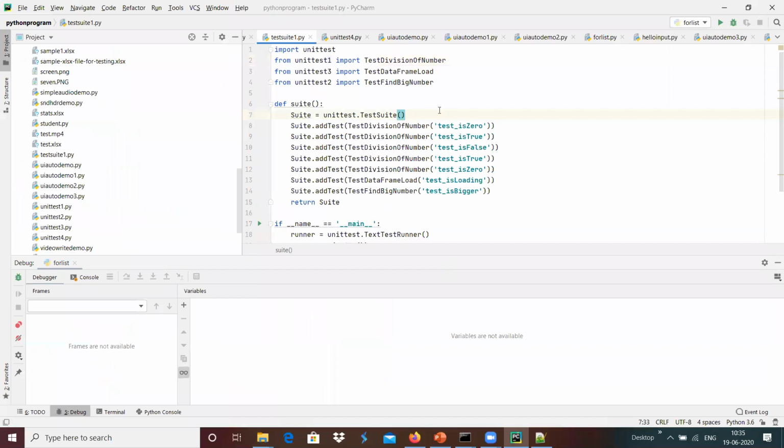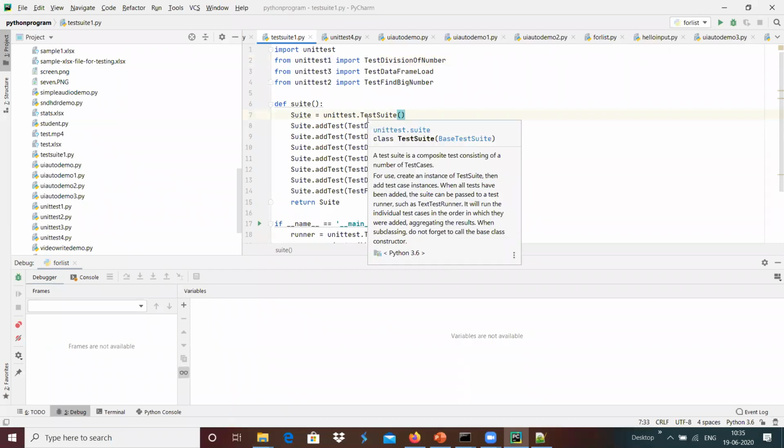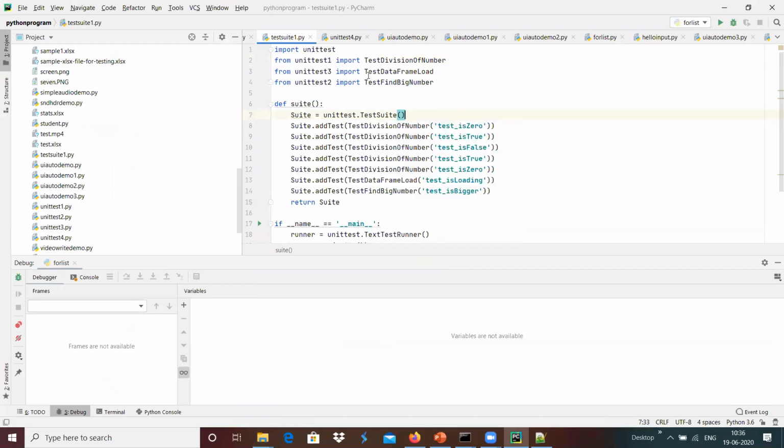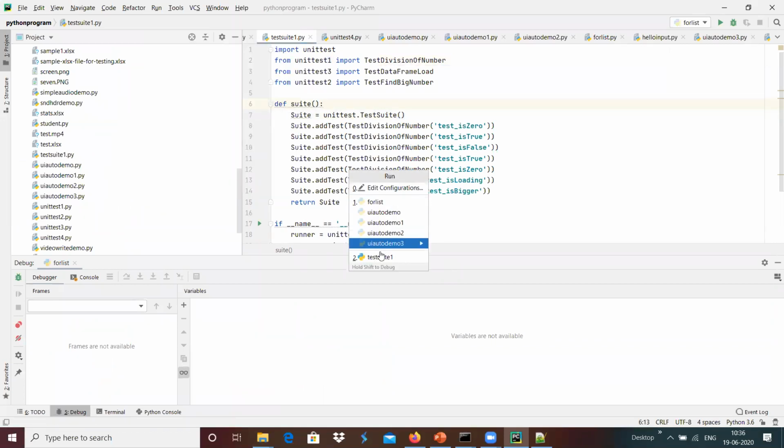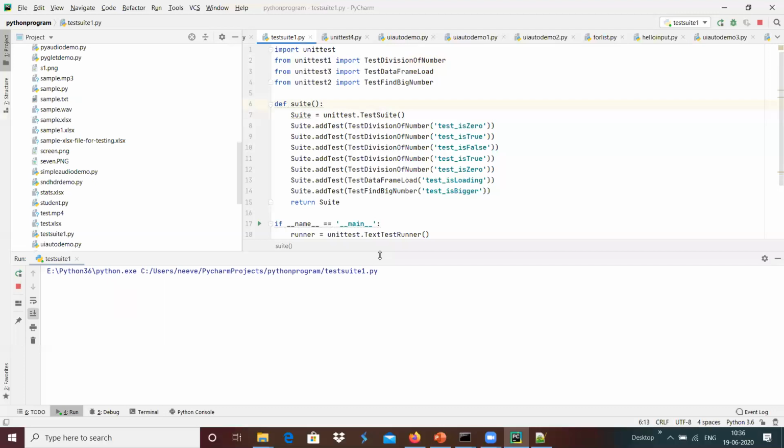testsuite.py, which imports 3 modules, unittest1, 2, 3, and those 3 modules get loaded. I am going to run this one, testsuite1.py.